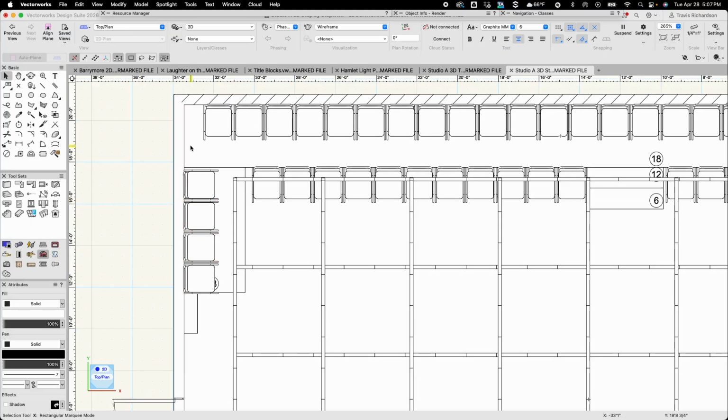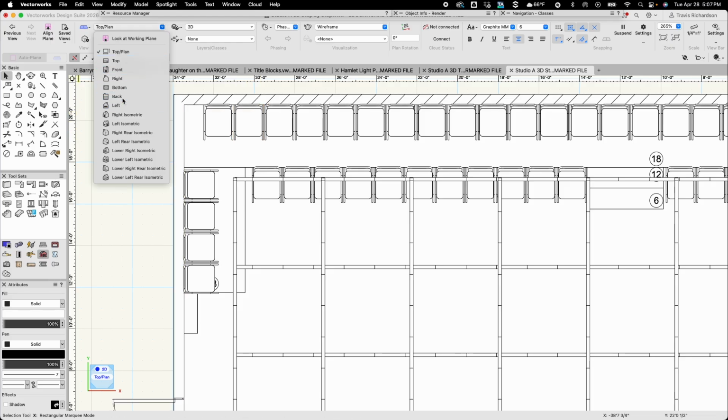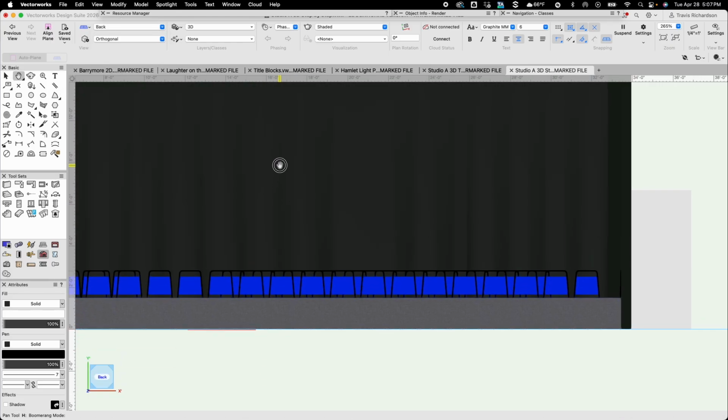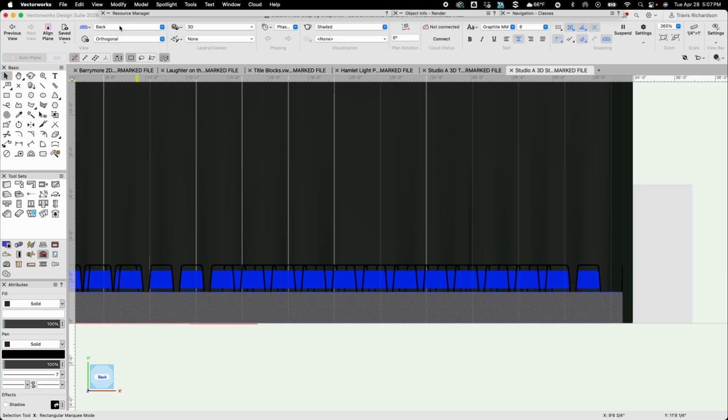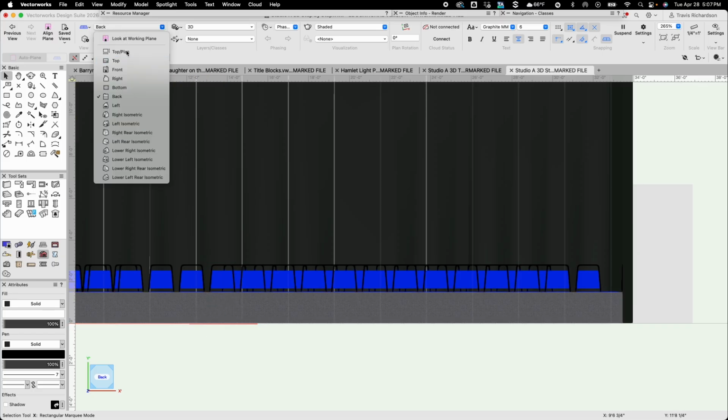Now the seats that are on the risers need to be lifted up. Remember, these risers are 18 inches tall, but since we're putting everything at a 0 elevation, if I go to a back view, you can see that my chairs on top of the risers do not have the correct height because they're basically interrupting that seating riser. So back in a top plan view,